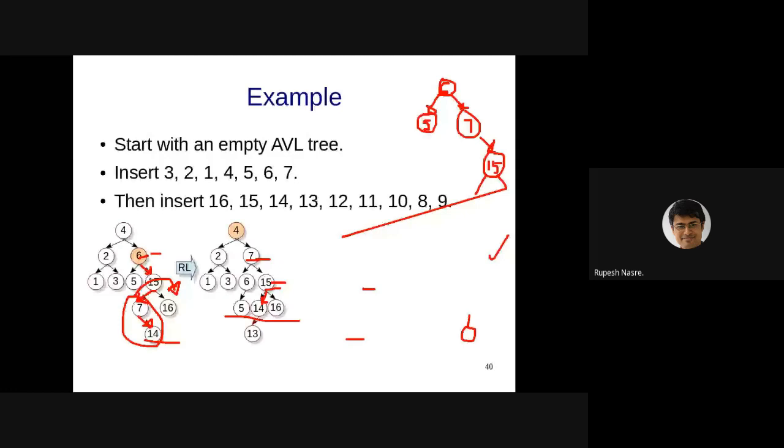Murari says, as there are multiple ways to rotate and make BSTs balanced, did those 3 people prove that this method is the most efficient way? Okay, what these people have proven is that you require only 2 rotations and that the complexity is logarithmic in the height. Logarithmic in the number of nodes, the order of height.